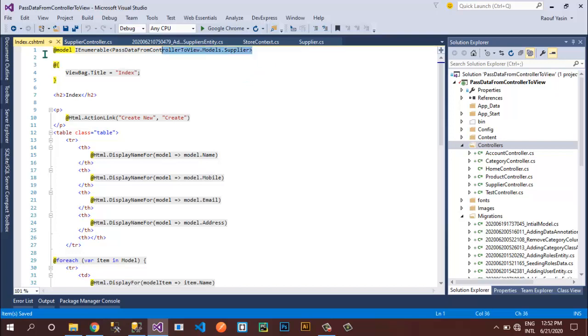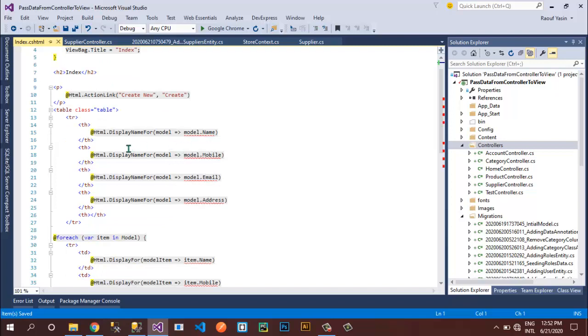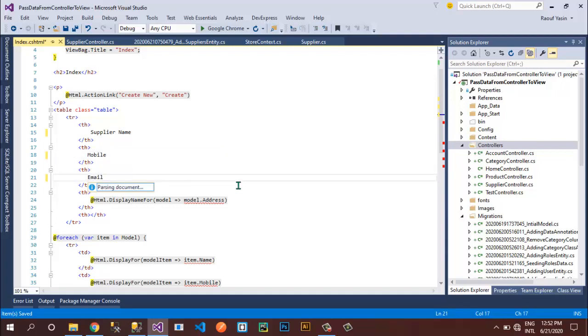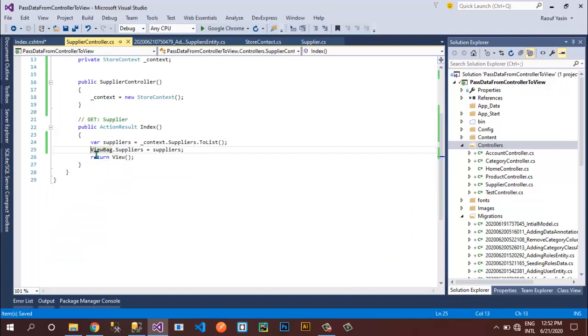First thing I will remove this model because I don't want to bind this model with my view, and I will change this to supplier name, and then I will change to mobile, email and address.